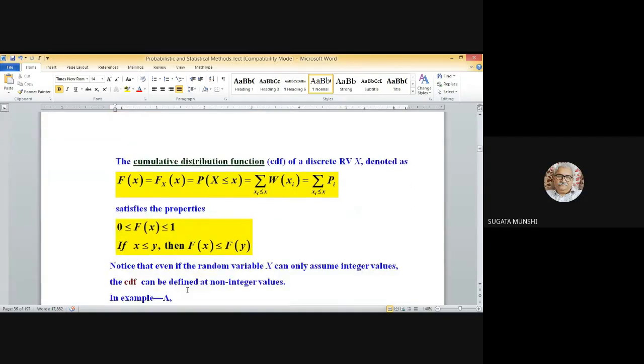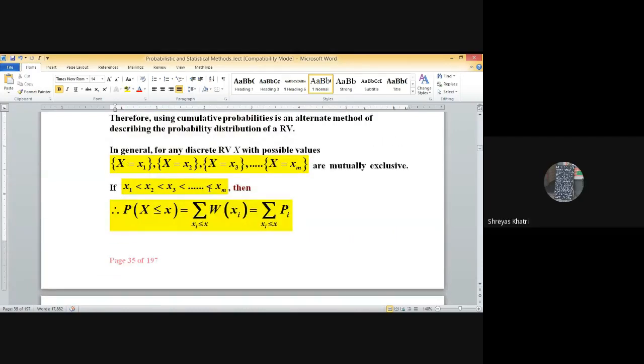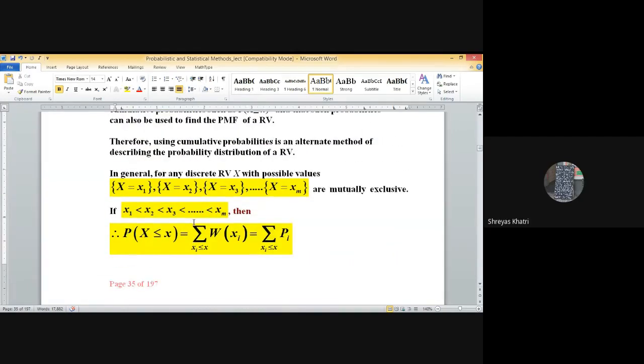So just see here that it is represented by capital Fx. কি বাকি আছে? হ্যাঁ স্যার, লেখা হয়নি। হ্যাঁ স্যার, থ্যাংক ইউ।